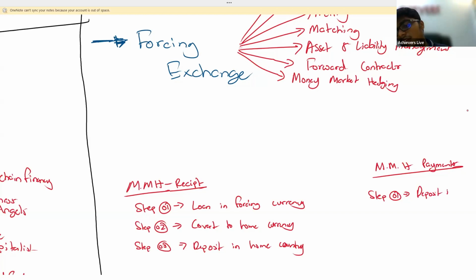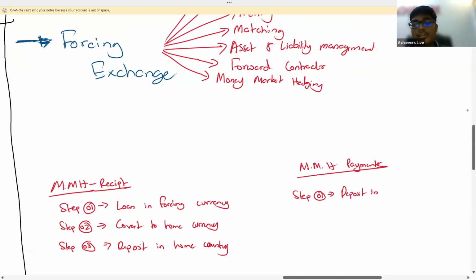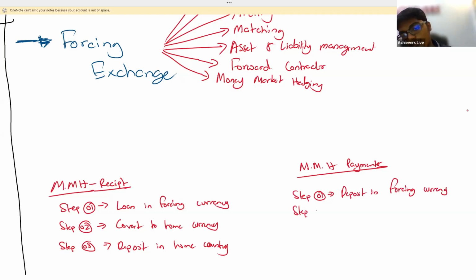Deposit in foreign currency. Step two, convert the deposit to home currency. Step three, take a loan